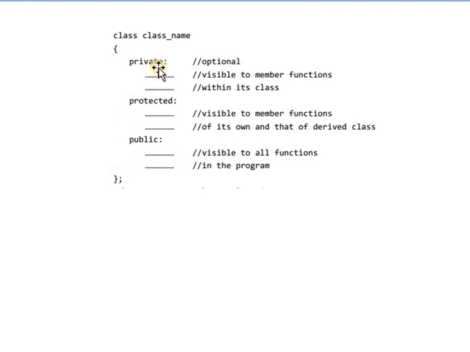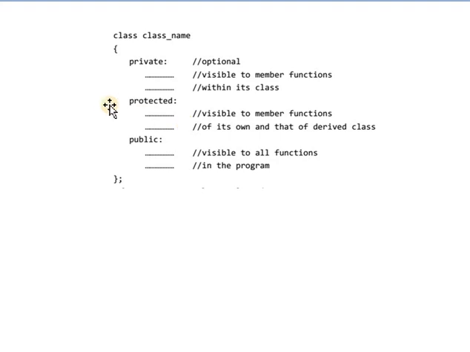In short, the private data members are visible to its member functions within its class. That means the private data members can be accessed only by the member functions of that class. Next, protected: the protected members are visible to the member functions of its own class and the derived class.